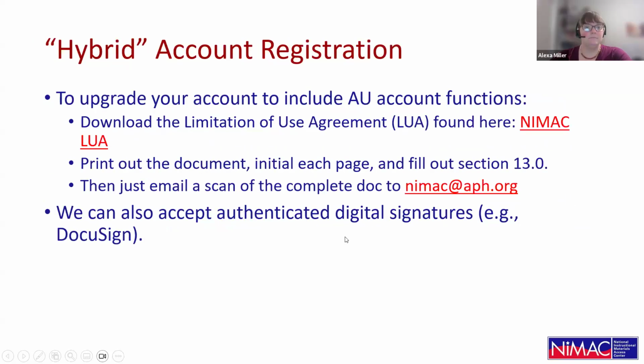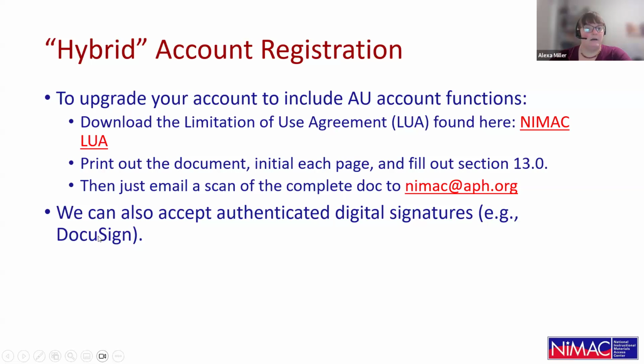And so to become a hybrid state coordinator, to upgrade that account, you will download the limitation of use agreement, and I will drop that here in the chat in a second. You will then print out that document. Please be sure to initial each page. We've gotten a couple where people just initial the parts they fill in. We do need each page initialed. And make sure you fill out that 13.0 section for us. And then you can just email a scan of the complete document back to us at